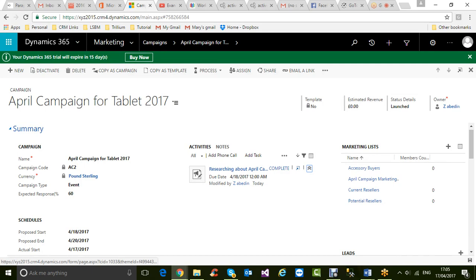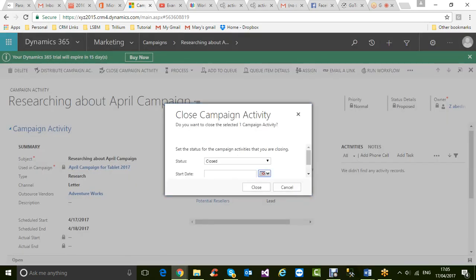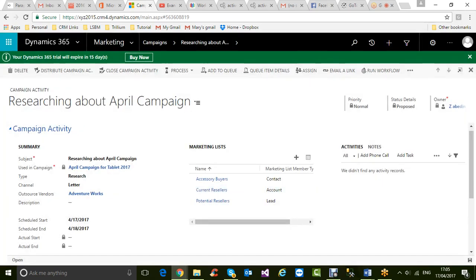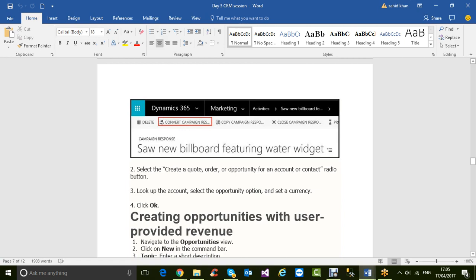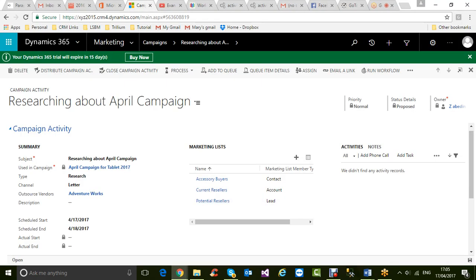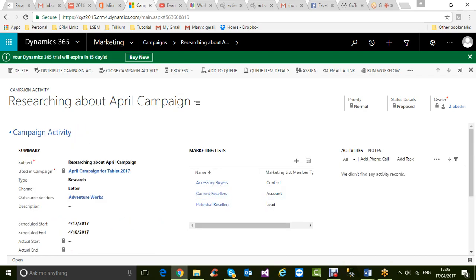So I'm opening it again. Close campaign activity, close, close. No, I don't want to close it. So convert activities, campaign response. Okay, basically it's not complicated, but I think I have to show it again. So basically this campaign activity, you make it as a response of a campaign, and then that response you can actually convert to